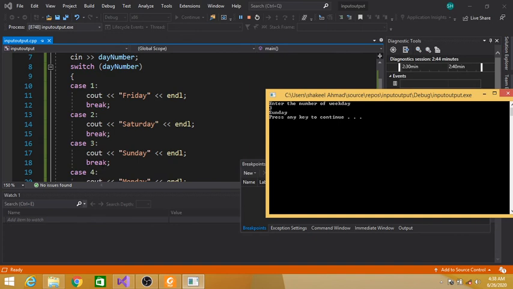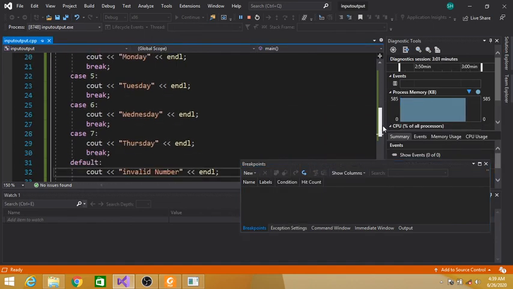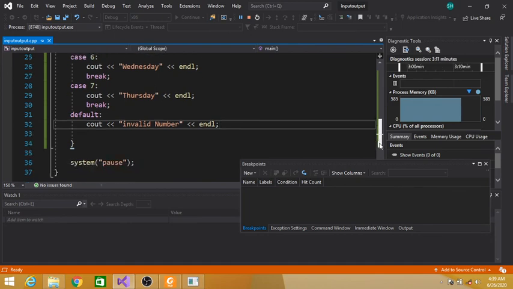The break statement will take the control out of the body of the switch statement, and the program will exit. Here our switch statement is ending, control will come here, and this statement ends our program.